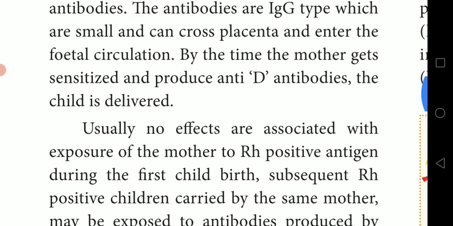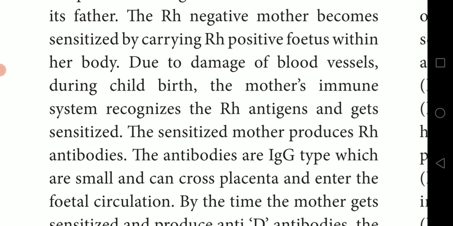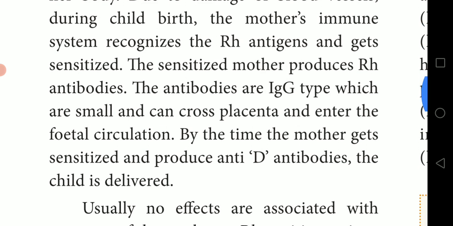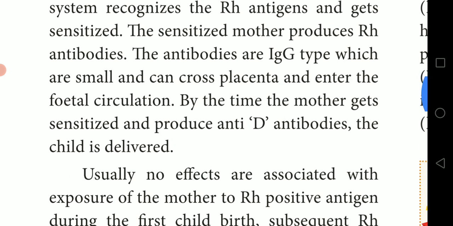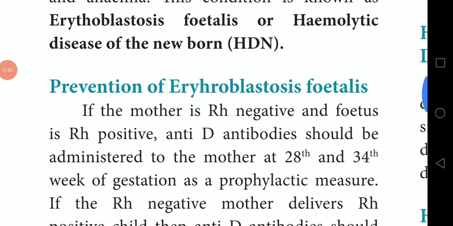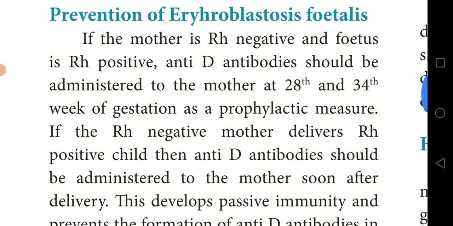Okay, I'll give you an overview again. If the child is Rh positive and the mother is Rh negative, the first child does not have any problem. The same problem occurs in the second child, which means the child may die due to clotting of blood in the child's circulation. Then less blood will be there, the child will get the disease and may die, even the second baby. So how do we prevent this erythroblastosis fetalis? There is a remedy for that.